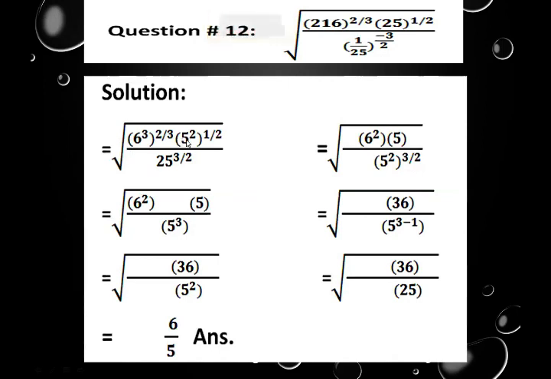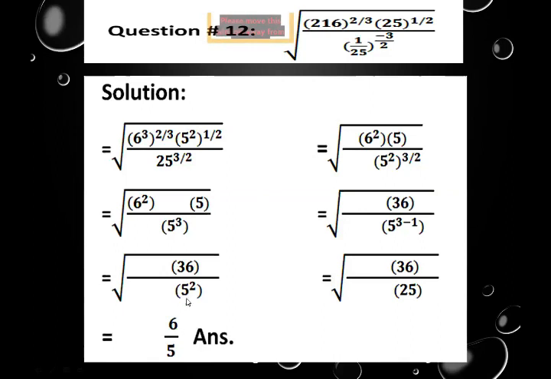We are not working on the radical. It will remain the same. The square root remains the same. We are only working inside it. And 25 can be written as 5 to the power 2, to the whole 1 over 2. And in the denominator, again you can see minus 3 over 2 was the exponent. So 25 will be shifted to the numerator. So by making the factors, you have 6 to the power 2 and 5 upon 5 to the power 3 because of the cancellation of the exponents. So it is the square root of 36 over 5 square.